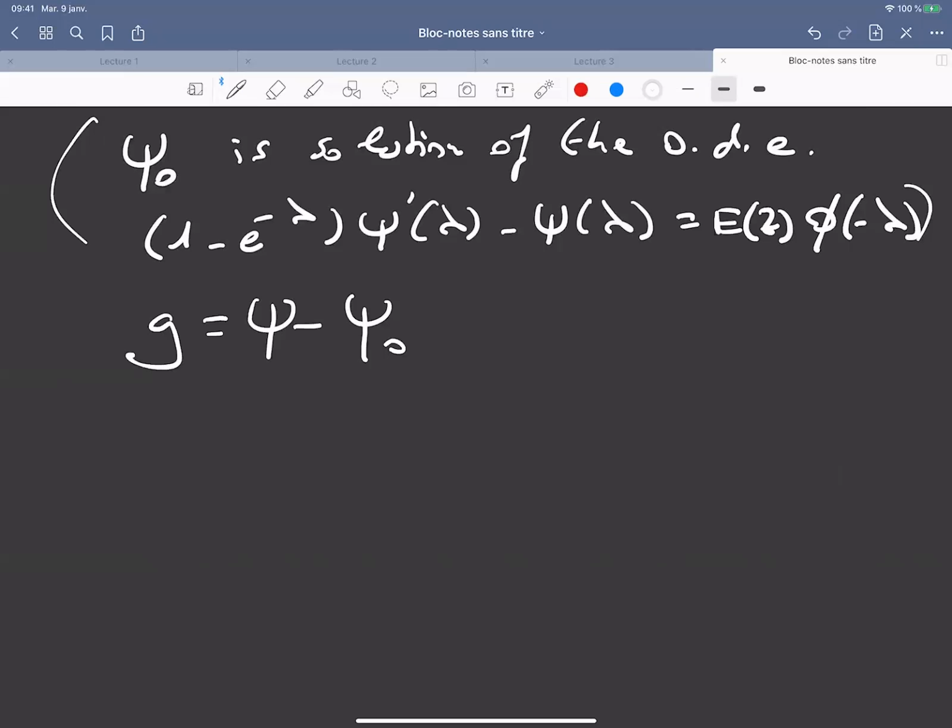So just subtract this special solution, and then you want to analyze the difference. So the difference satisfies an ordinary differential inequality,